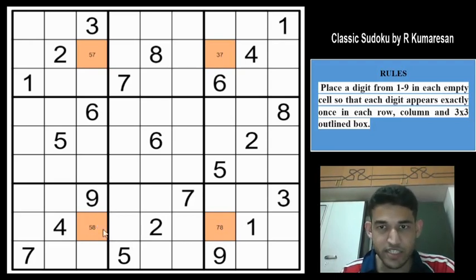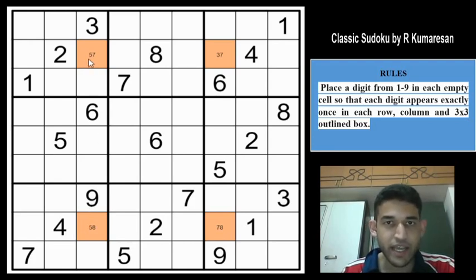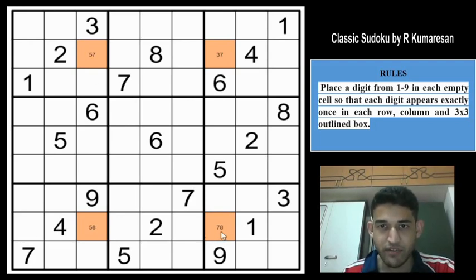Now if you look at these 4 cells closely, we have digits in the pattern AB. You can take A as 5 and B as 7. And again AC, A is 5 and C is 8. And then BC, B is 7 as mentioned and C is 8. So when you have digits in such pattern AB, AC and BC, then the cell which sees the corner of the other 2 cells, that is AB and AC, cannot have the common candidate in this cell. So the common candidate between these 2 cells, row 2 column 3 and row 8 column 7, is 7, right? So you cannot have a 7 in here.